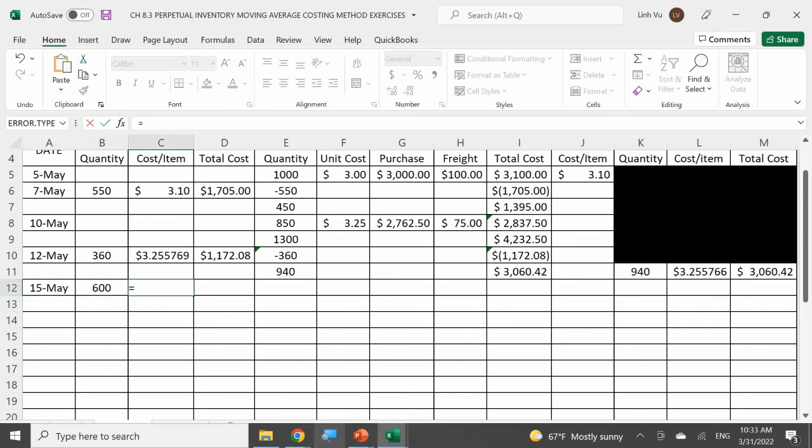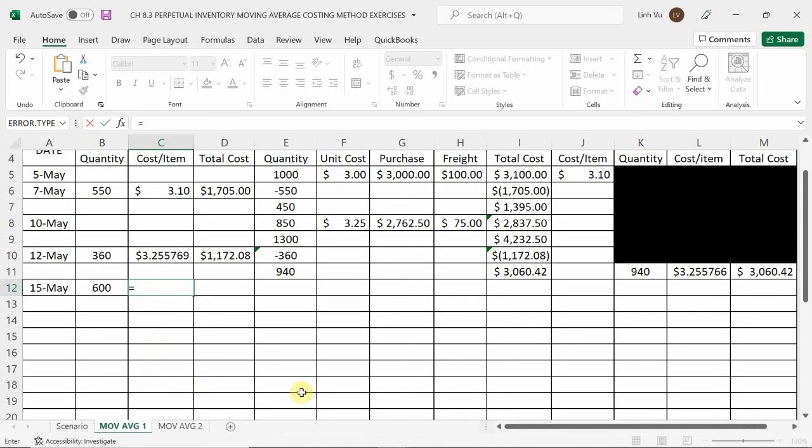So what's my average cost per item here? The 3.255. Okay, good. So what's my total cost of goods sold going to be if I sold 600 units